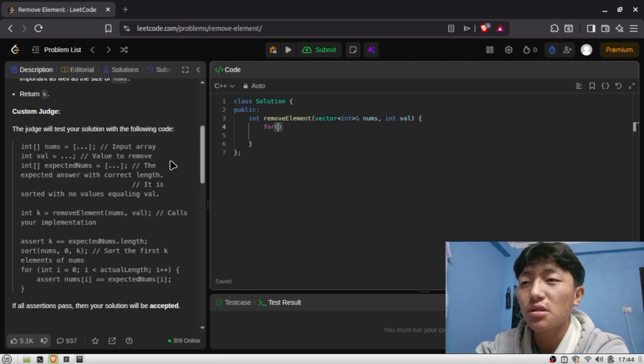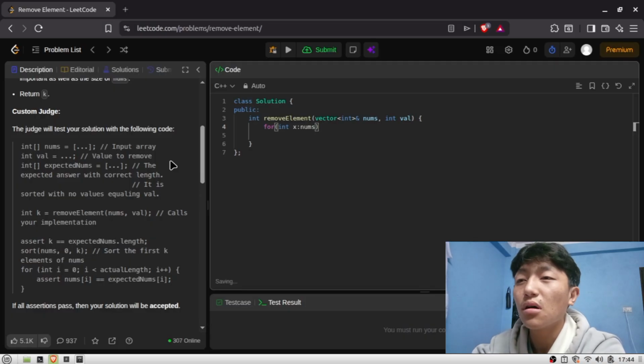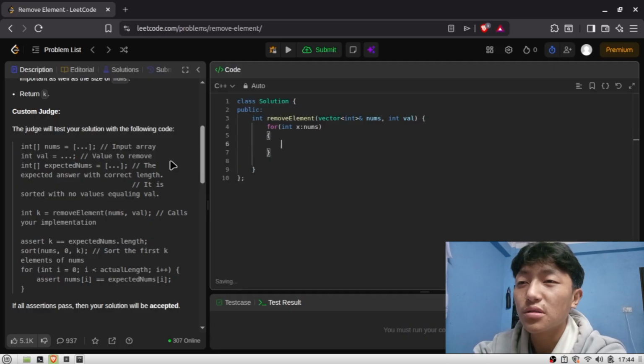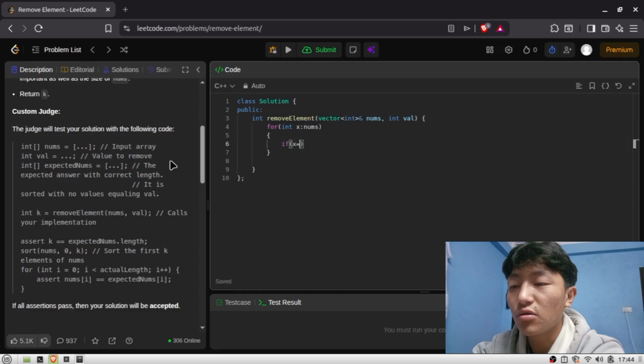So for int x in nums, if x equals val, in that case, what I want to do is,